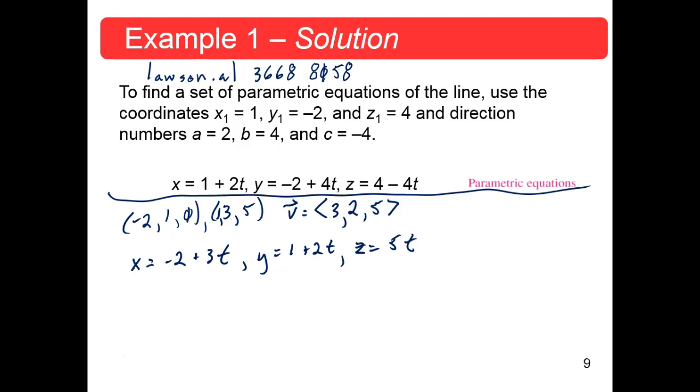As t varies over all real numbers, the parametric equations determine the points on the line. Now, if you set t equal to 0, you get the first point right there, -2, 1, 0. Okay? If you set t equal, hey,